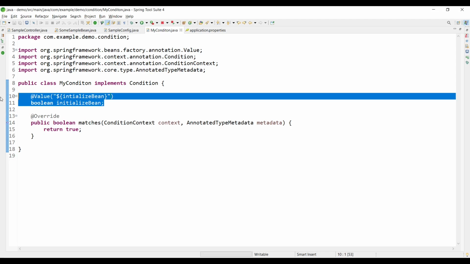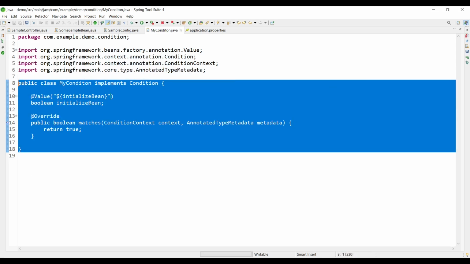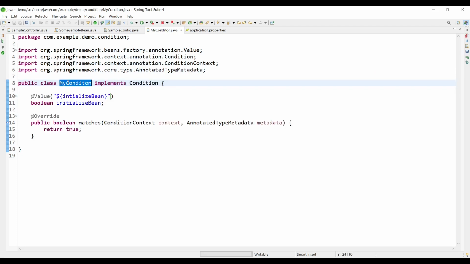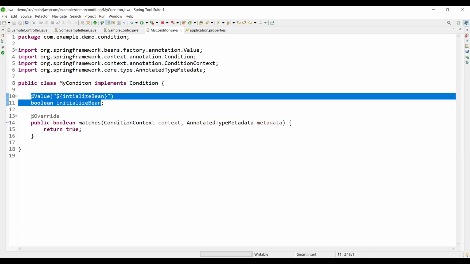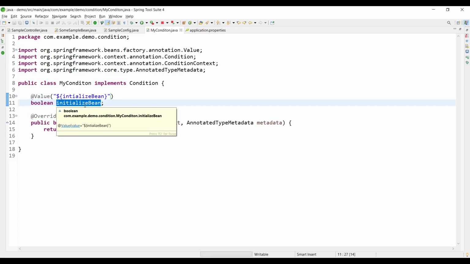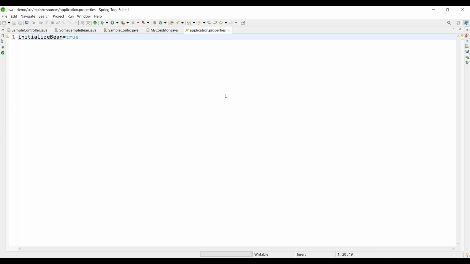But one thing to note here is that this is not a component or a configuration class. Spring doesn't know, this is just a normal Java class. This has not been initialized by Spring Boot, basically the Spring IoC container. So this config value or this application.properties value would not be injected into this variable. You can test it out, this won't work. To solve this problem, what you can do is simply use this context variable. Now the workaround for this type of solution is typically very tricky. So you've initialized your key value pair here.